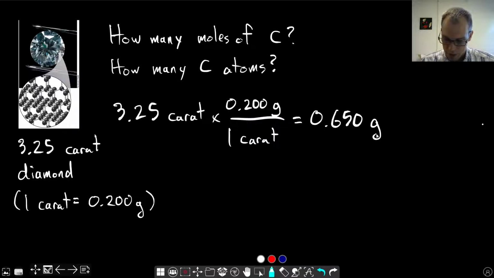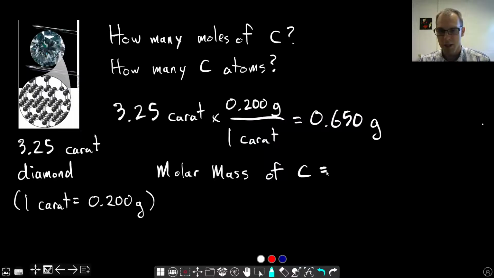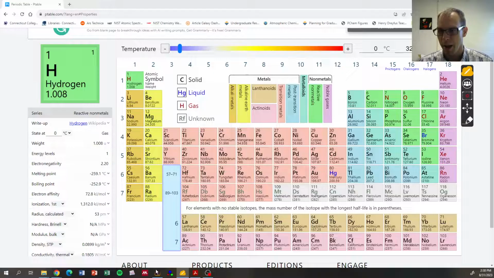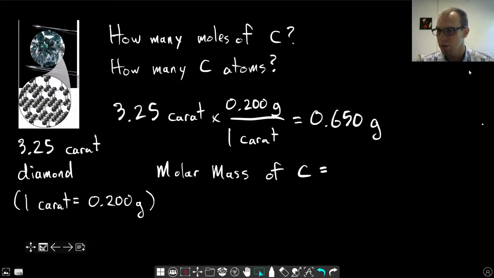And now the first question is, how do we get to moles? And here we're going to need to use the molar mass. Specifically, we'll need it for carbon since we know that's what this is made out of. And so we'll need to look this up in the periodic table. I happen to have it right here. Carbon's over here, number 6. And we can see 12.011. We'll use more sig figs than we did in our previous example. All right, so 12.011